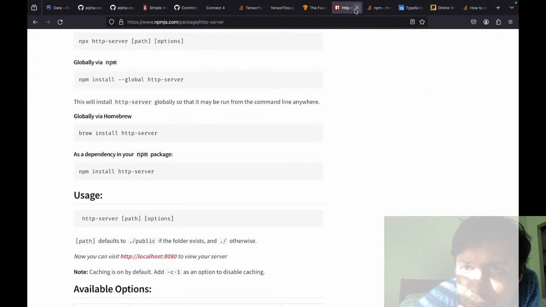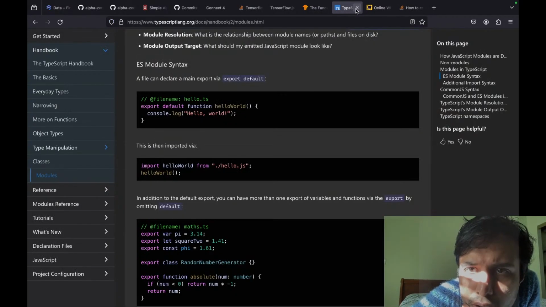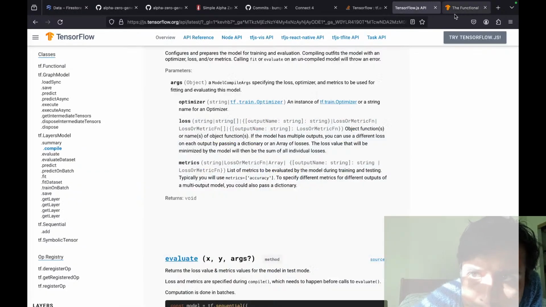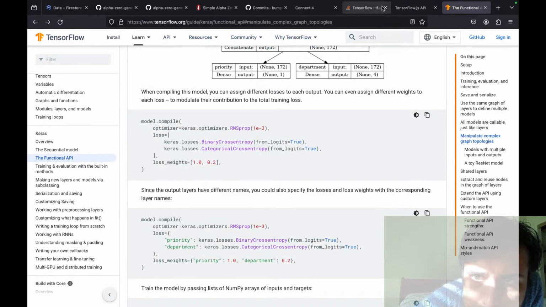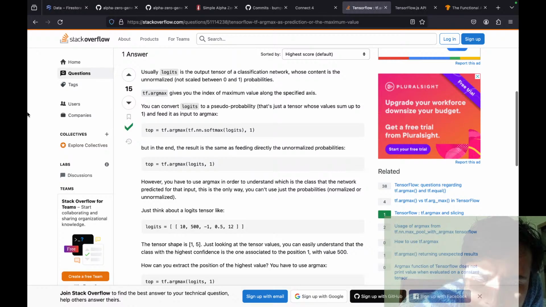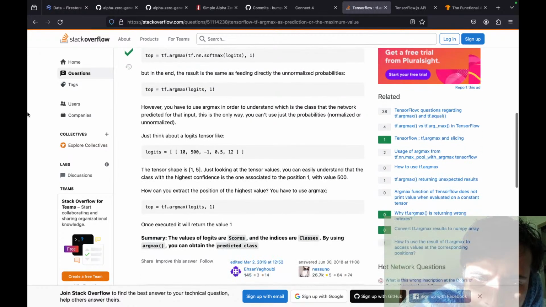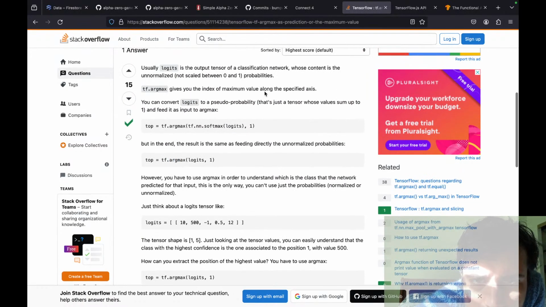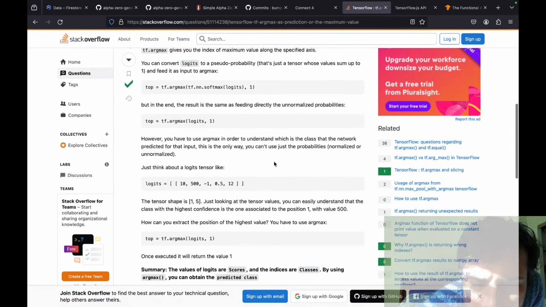Wait, no. Delete that. Yep, okay. I need to know what this argmax is along the specified axis.